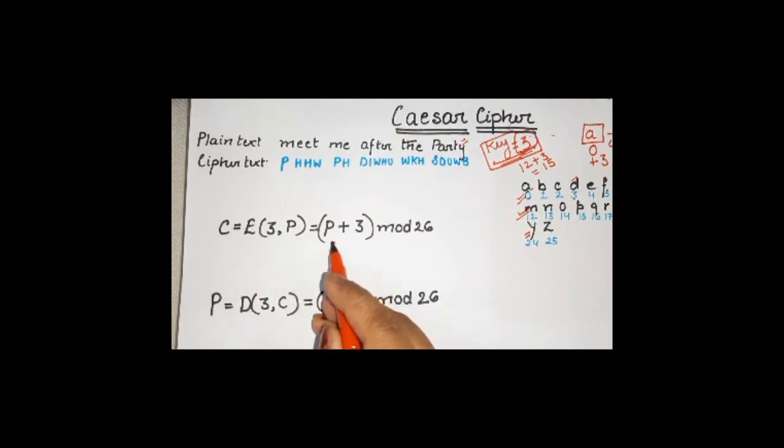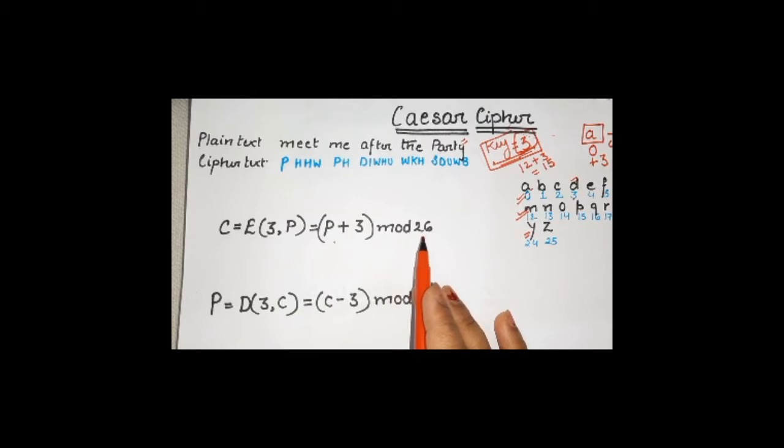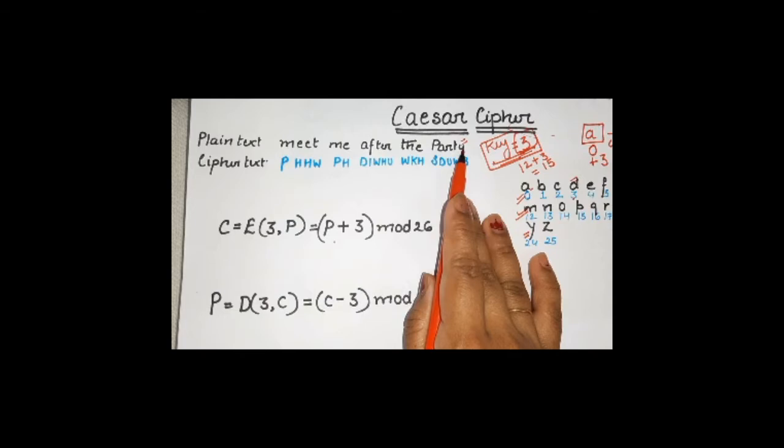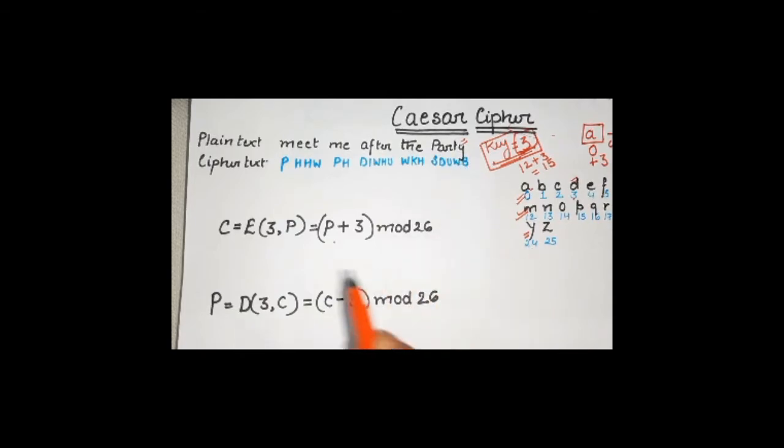I'll be using this formula, and all of us must use this formula. Why do we need to use the formula? Because this is not going to be converted just by plain adding. You need to do mod 26 for all the numbers. See, therefore, if I use Y, the value of Y is what? The value of Y is 24.